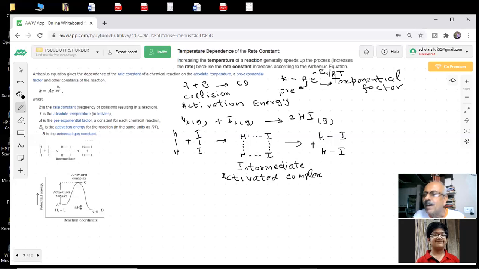Some minimum energy requirement. Believe it, every reaction has an activation energy. Unless that energy is given, even combustion cannot take place. There can be no fire by itself. If activation energy becomes zero, then what will happen? Every reaction will take place without any energy requirement. Then nothing will exist. Everything will react with everything. You have a lot of carbon, a lot of coal, a lot of oxygen. If there is no activation energy, the carbon reacts with oxygen and forms carbon dioxide. The fuel petrol reacts with oxygen. And what will be the result of that? Unlimited fires, because activation energy is now zero.